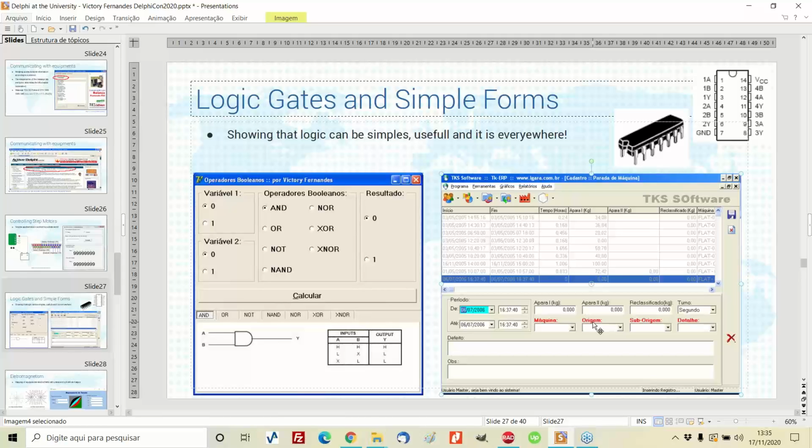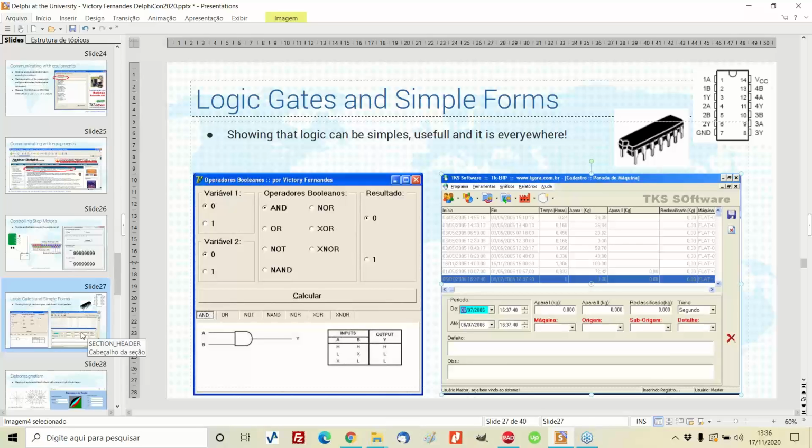When we have to fill in name and address and they are fields that we must fill, actually we have an AND logic. The form will only be validated if the name field and the address field are filled. If they are not filled, we will not be able to send the form. So this is actually the logic gates that we learn in electronics. So you see how the behavior is.